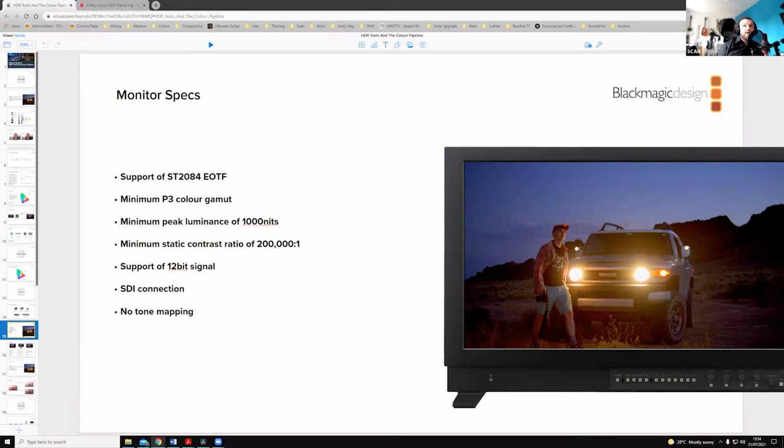We want support for a 12-bit SDI signal if we're doing Dolby Vision. We also want an SDI connection, obviously, and no tone mapping. We don't want the display to do any of the tone mapping, because we are going to do that at a later stage. Now, what display should you get